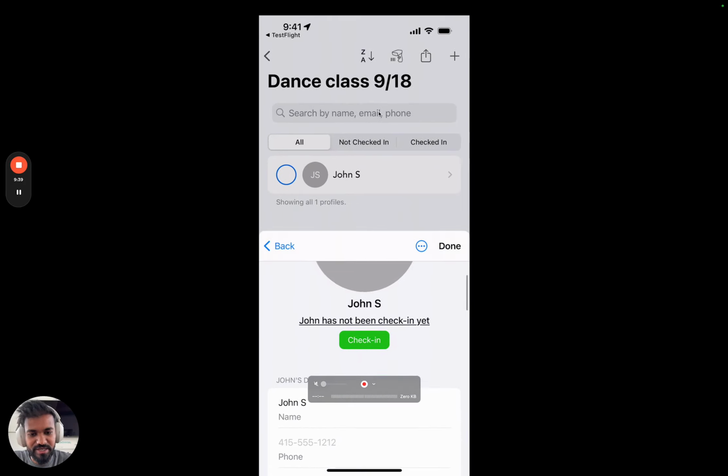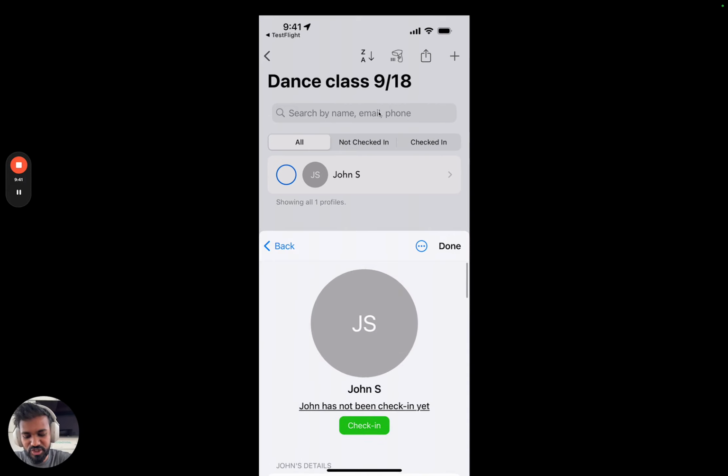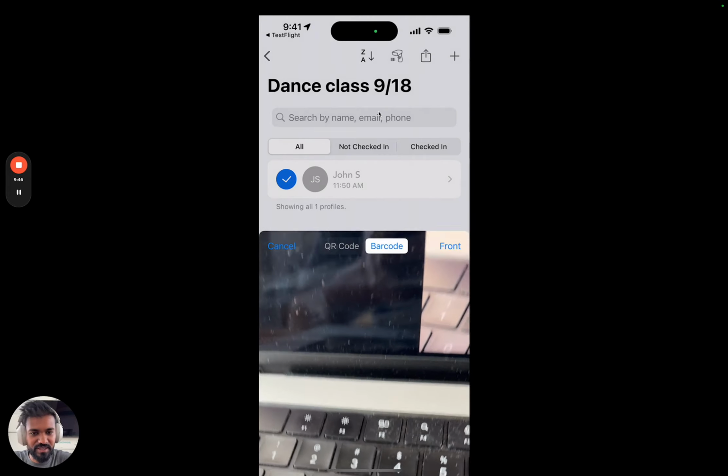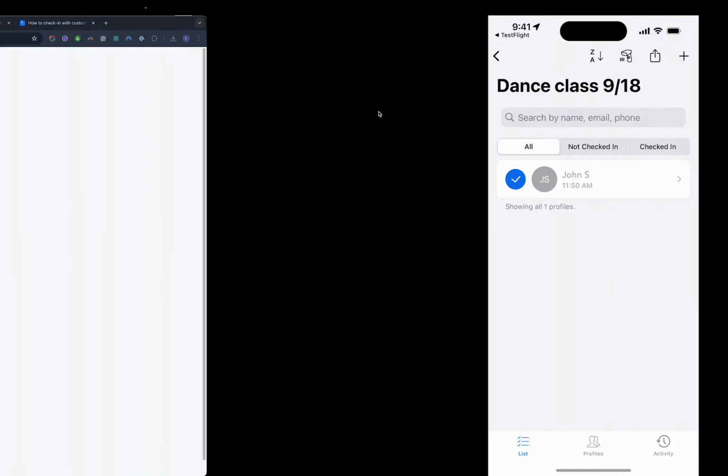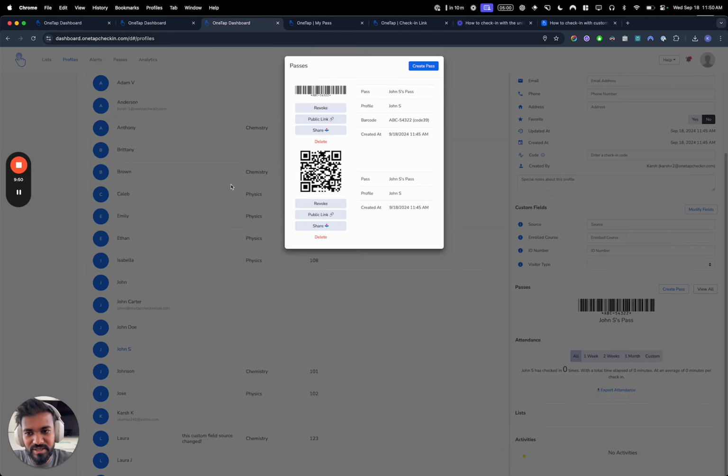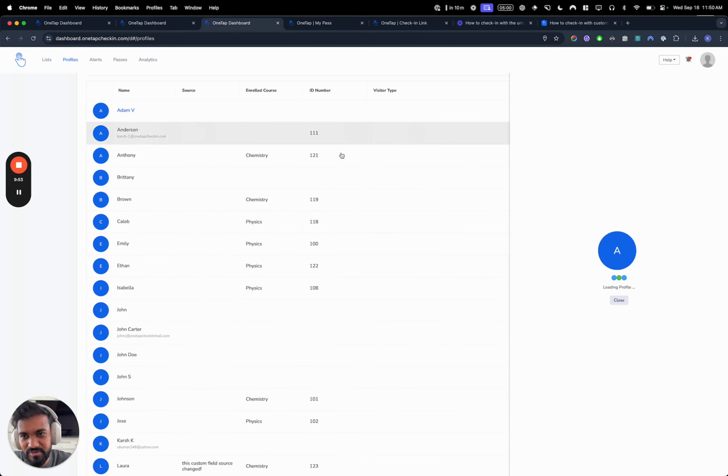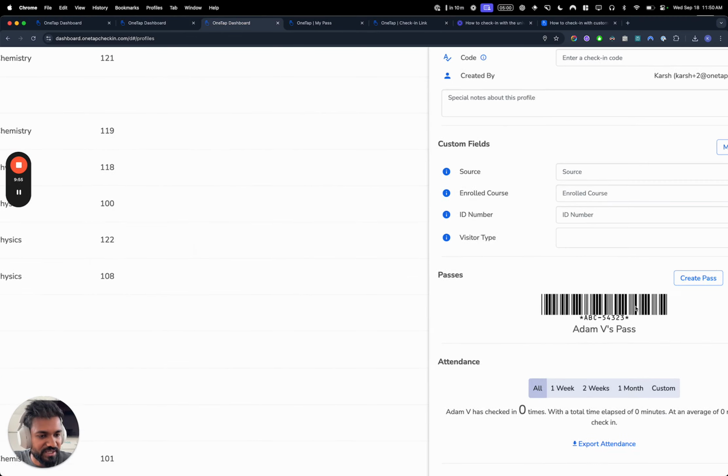It's gonna pull up John S right there, and there's an option right there to check in. And John is checked in, and then we hit the done button, and then we can continue on to the next person. So pretty simple. Let's just do one more example right here. Where we take, for example, Adam V. This is another person that we imported. Take his pass right there,